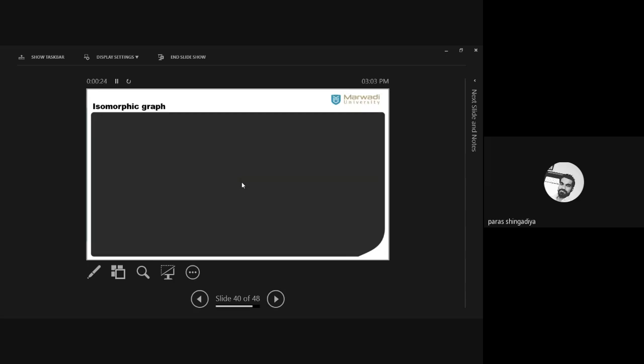Okay. So in the last week, we had discussed the last topic of unit number 5, isomorphic theory. Before that, we had discussed the connectivity part. Two concepts are there: edge connectivity and vertex connectivity. And then after that, separable graph and its various applications. We completed 2 to 3 graphs in the last lecture. So let's quickly revise it and add 2 to 3 more graphs to verify whether these graphs are isomorphic or not. So what is the definition of an isomorphic graph?